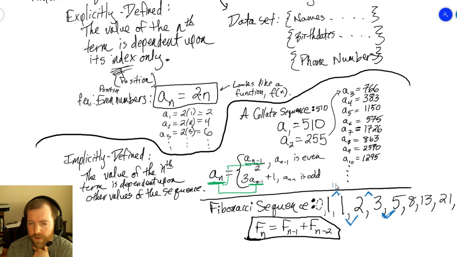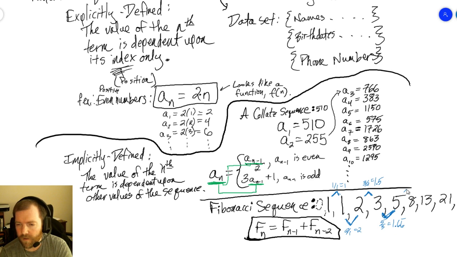then what we end up with is 1 over 1, which is just 1, 2 over 1, which is just 2, 3 over 2, or 1.5, 5 over 3, or 1.66 repeated, 8/5, or 1.6, 13/8, or 1.625,